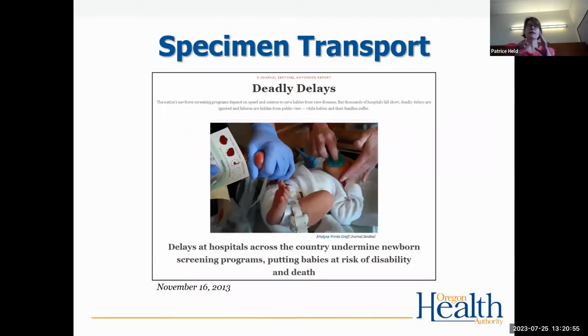Once that specimen card is completed and the blood is being collected, then it needs to be transported to the laboratory in a timely manner. And back in late